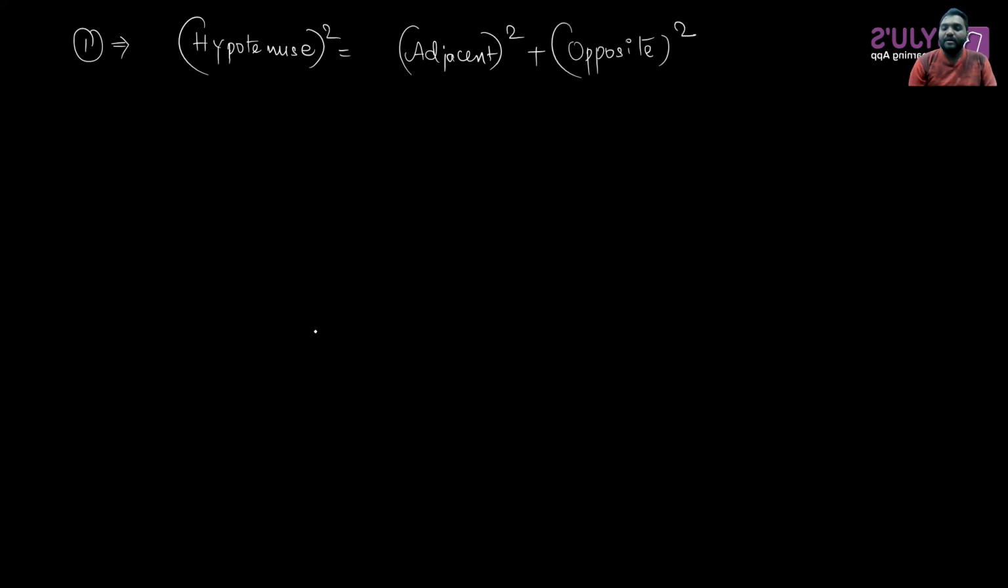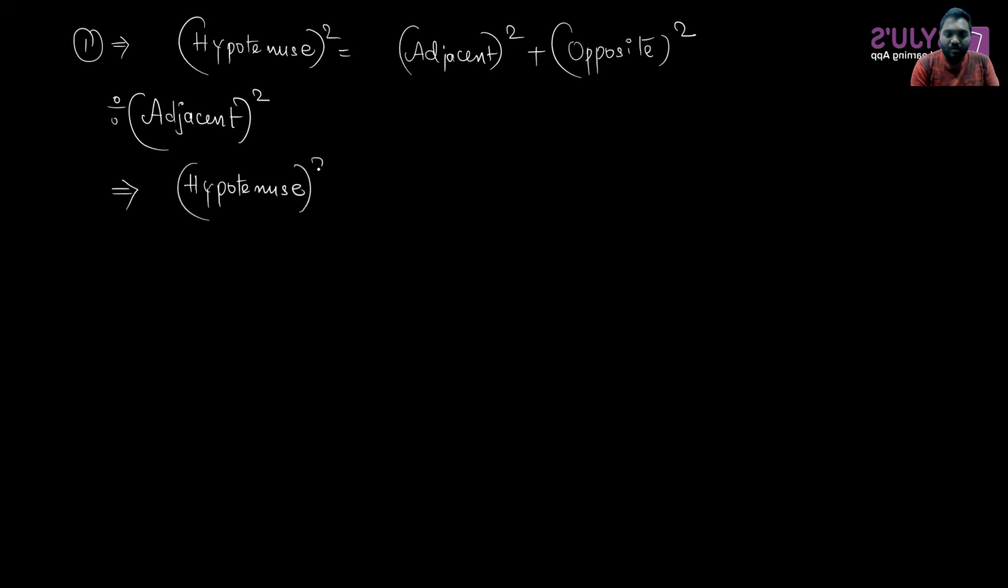Earlier I divided the entire equation with hypotenuse square, right? Now let us divide the entire equation with adjacent square. I'm just dividing the entire equation with adjacent square. So here when I divide, I'll get hypotenuse whole square divided with adjacent square equals to